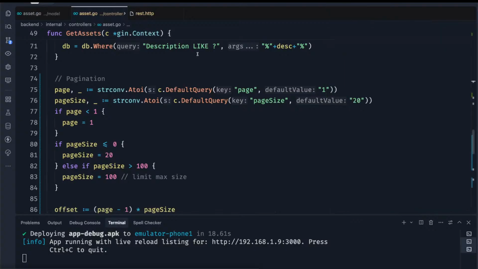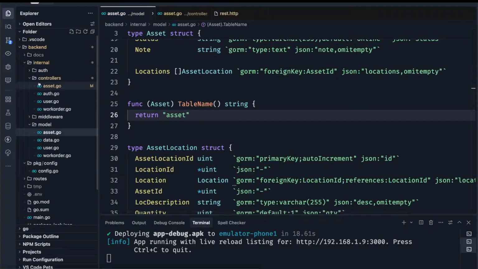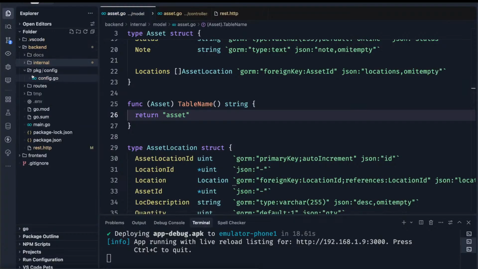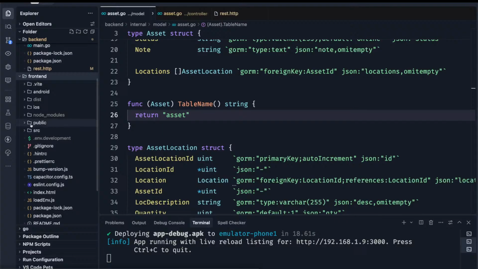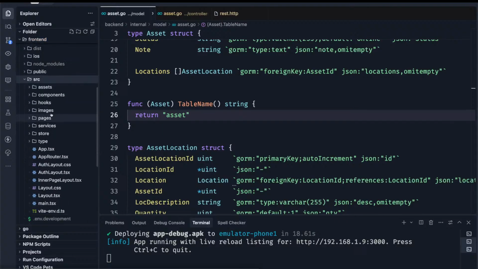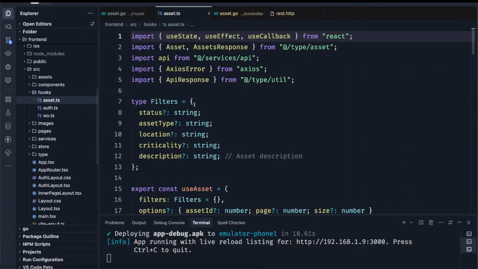Now, I think we are done with the back end. Let's go to the front end. So the front end is where we have our use effect. So we go to source and we have our hooks. So I've already created,